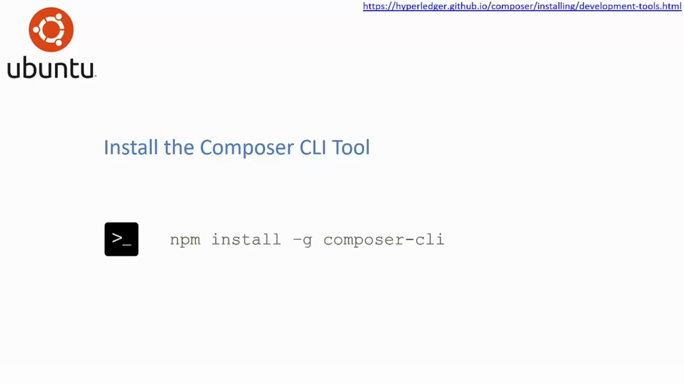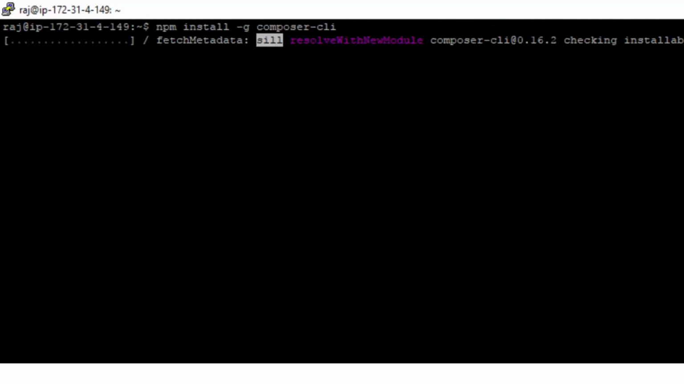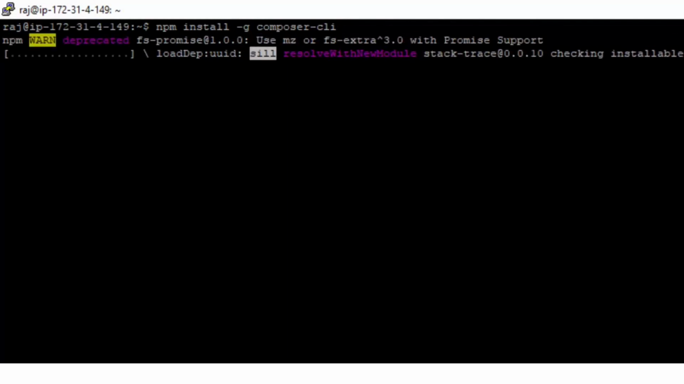Next, we're going to install the Composer CLI tool using the command npm install -g composer-cli. Composer CLI is needed because the shell scripts in the Fabric development environment have a dependency on it. npm install -g composer-cli. It will take a couple of minutes, and once this is installed, we'll go ahead and install the